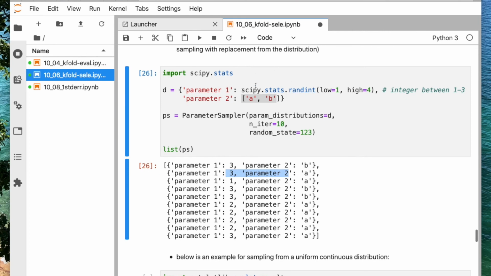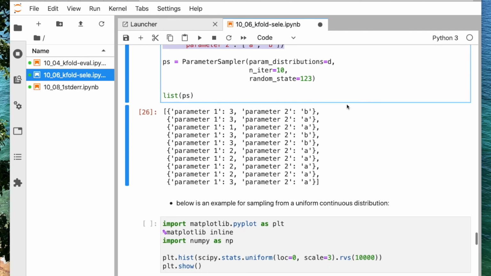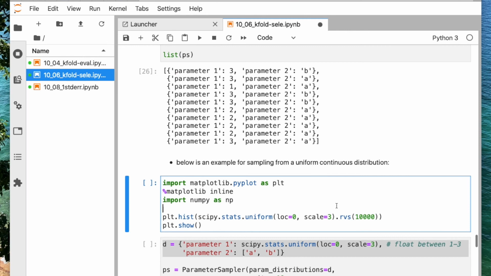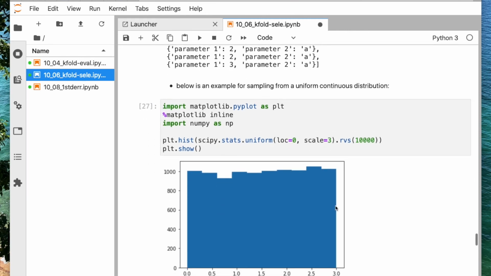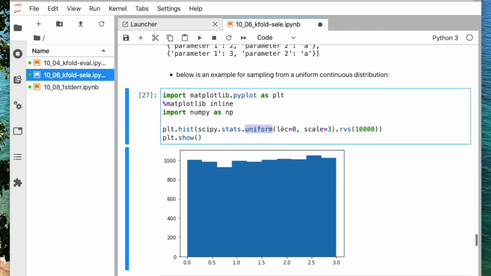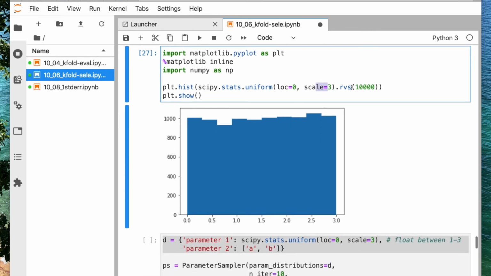For such simple cases, it's of course not useful to do that, but in practice there are cases where we have continuous distributions. We can, for example, use the uniform distribution, which gives us a value between 0 and 3. Here is just a random sample of 1000 draws to show you how it looks.